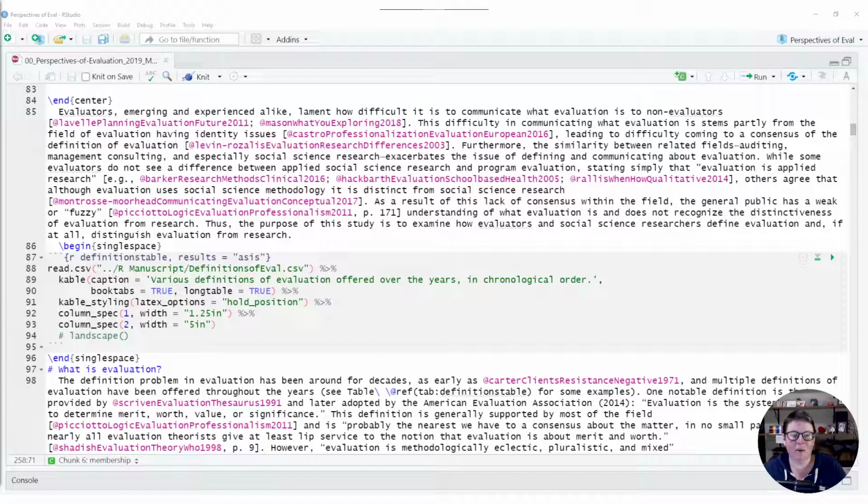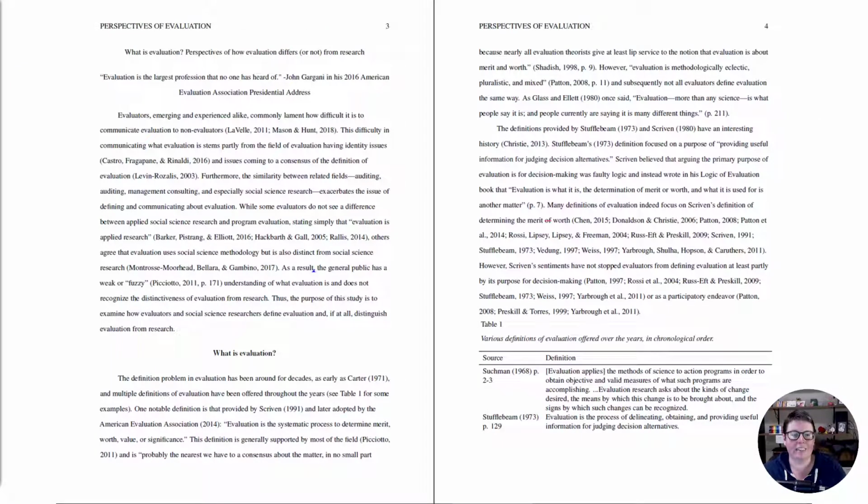Again, this is all available on the Open Science Framework, so you are more than welcome to look at all of this. You'll see that I have the text of the manuscript in black. In pink, you'll see the citations themselves. There are many capacities for R to build in your citations automatically. I use Zotero, that helps a lot. And in gray, you'll see there's some code, and that creates the first table. So all of this translates into this.